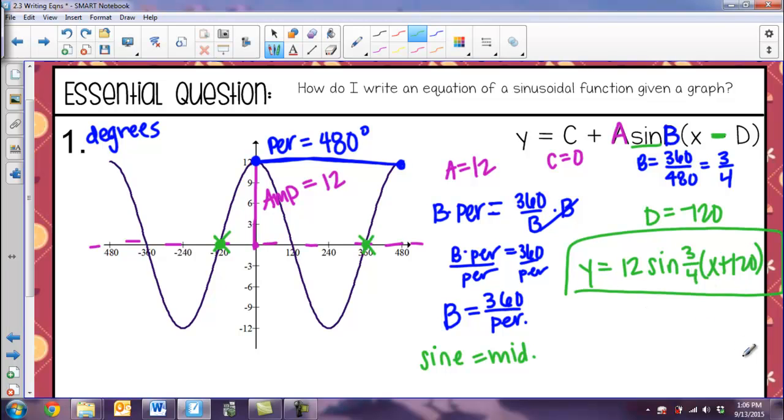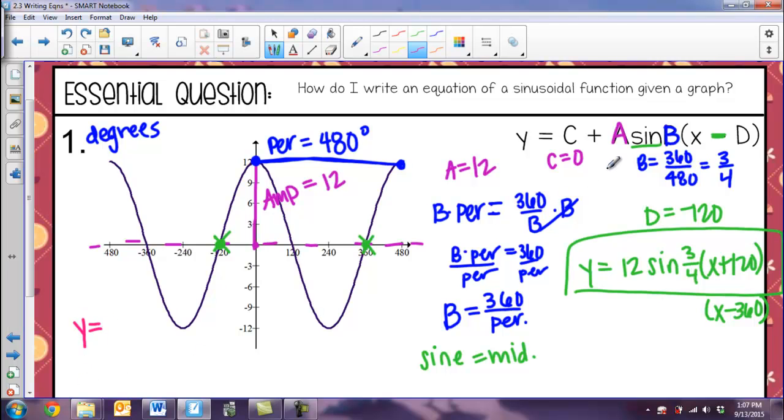However, we already said there was another spot where my graph could have started. I could have had this graph say x minus 360. I could have had a D value of 360 degrees. So there are multiple correct answers for just the sine one. And then, what if I tried to write this as a cosine graph? Because you can. So if I was to write this as a cosine,